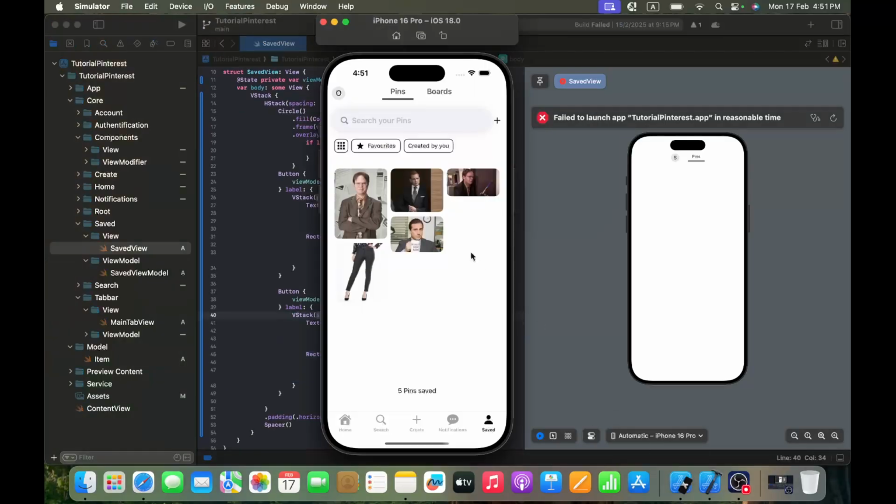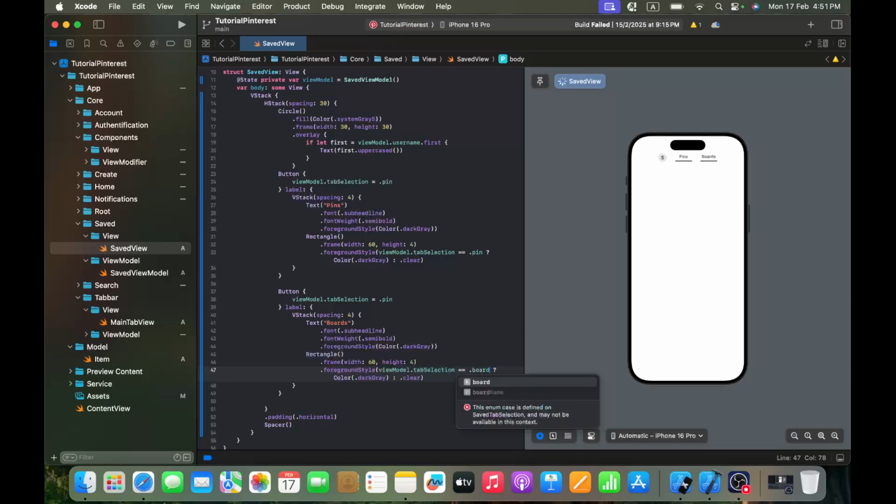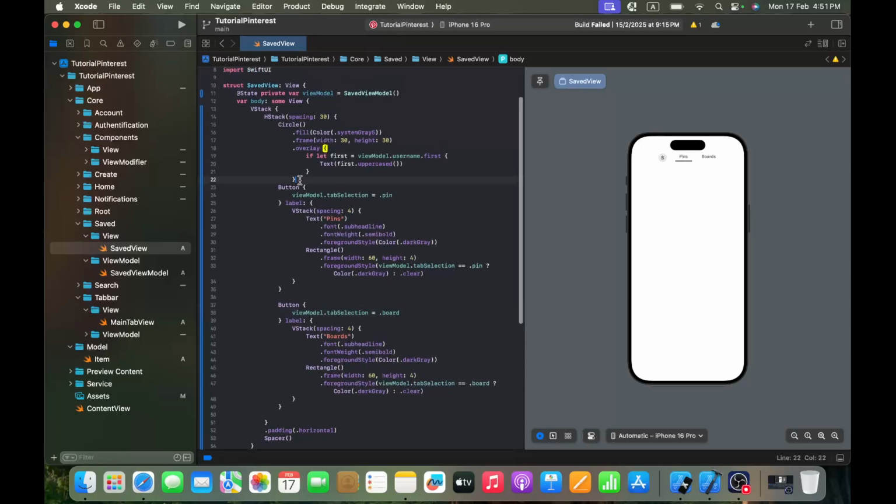Okay, so here I will have boards. It will be, and instead of equal dot pin, it will be equal to dot board. Okay, perfect. Okay, and I need a view model dot tab selection equal dot board. Okay, it works perfectly. I just need a spacer